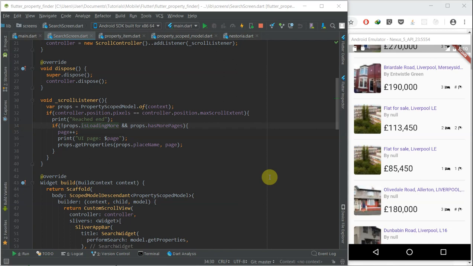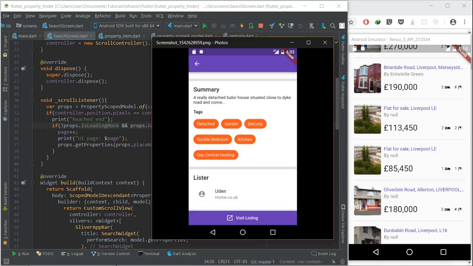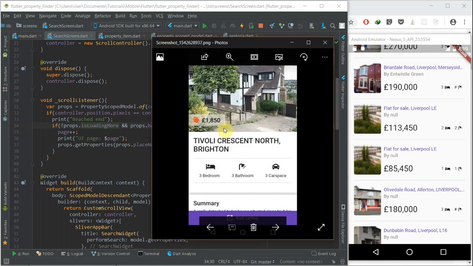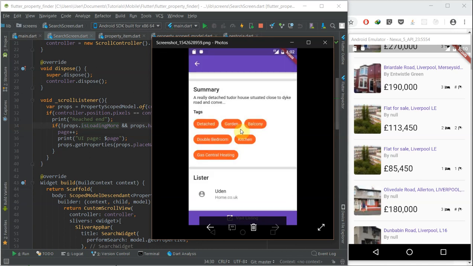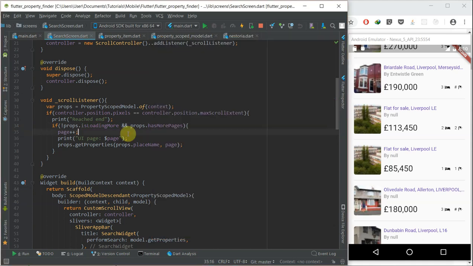Hello everyone and welcome to the fourth part of this tutorial series, and in this one I'll be showing you how to build this detail screen over here. So here's a screenshot of what we want to achieve in this video, and we'll head over to Android Studio and get started. So the first thing I want to show you is from the previous video we created this